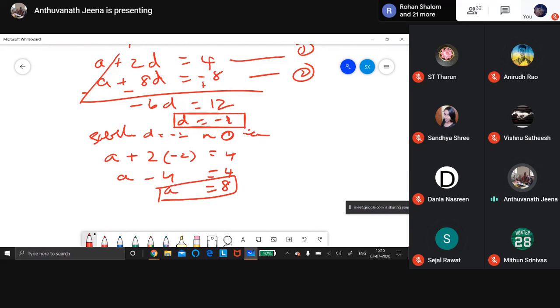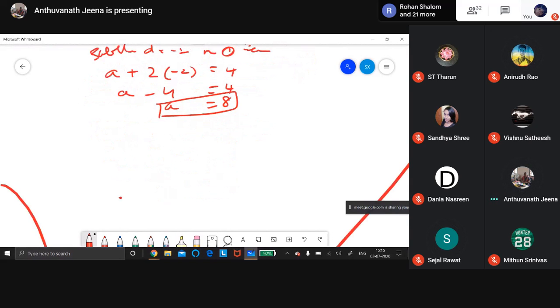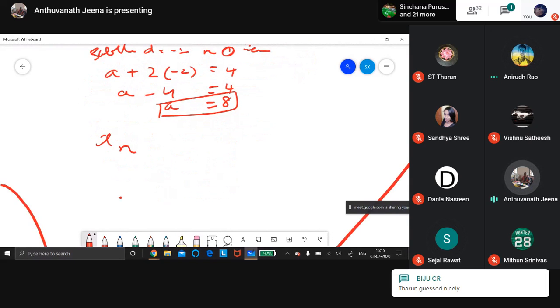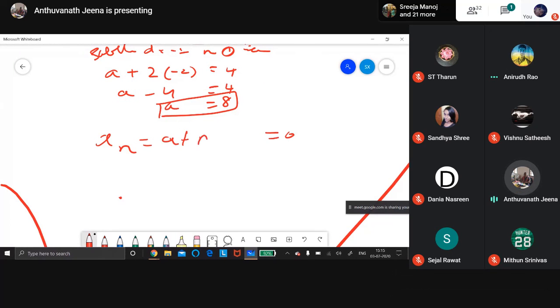After that, now you check n. What is n? You should calculate. An is equal to 0. 0 should come. So n we don't know. A plus (n minus 1) into D, the answer should be 0. The n, which term will become 0, means that answer is 0. n you have to calculate. That only you should understand carefully. n has to be calculated.